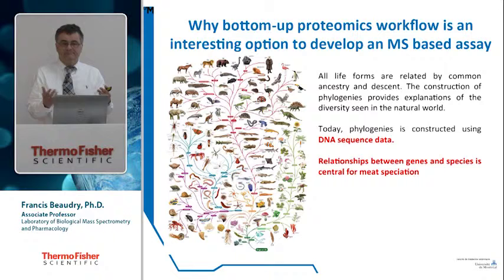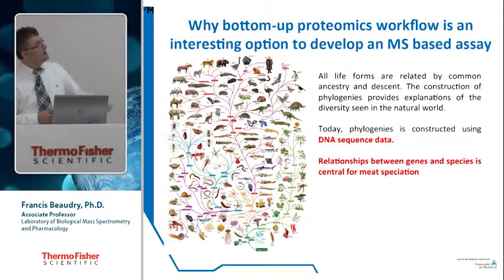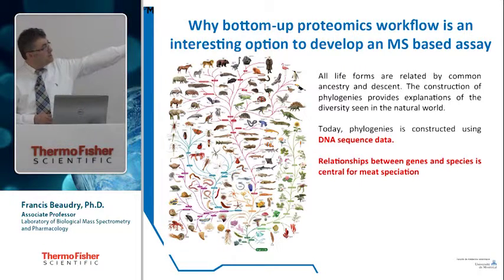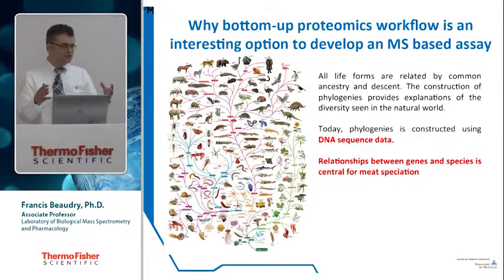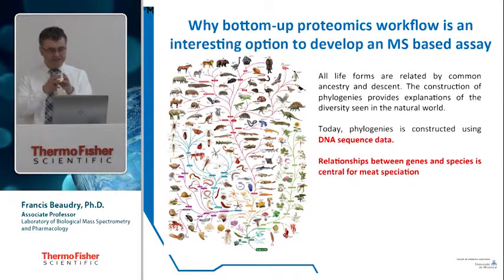What we eat, the meat, comes from animals, and we know that all forms of life are related by common ancestry and descent. The construction of phylogeny provides an explanation of the diversity seen in the world. So the diversity is based on DNA. Today, all phylogeny is based on DNA sequence. So by having this information, why not make the relation between the gene and the species central for meat